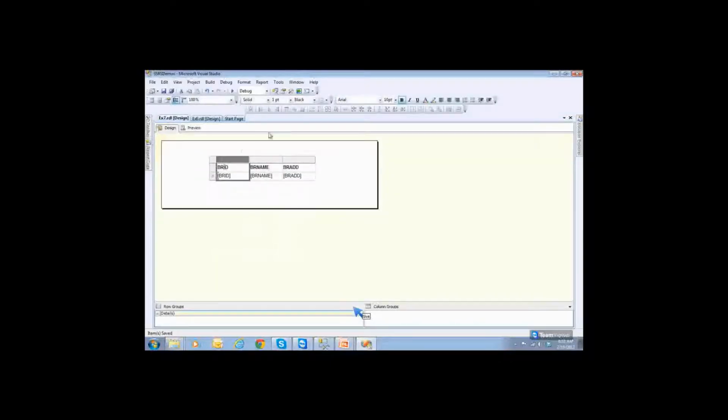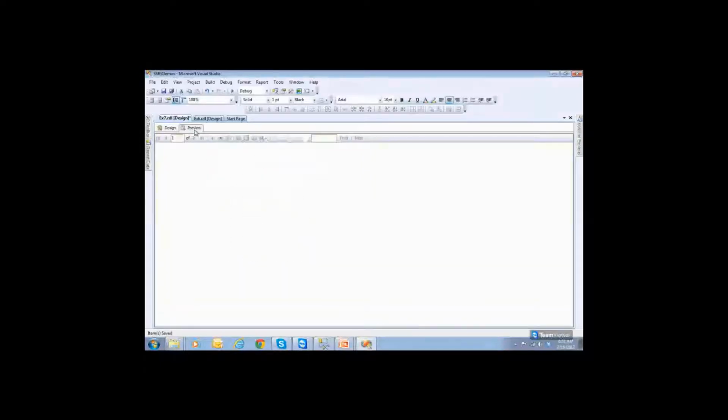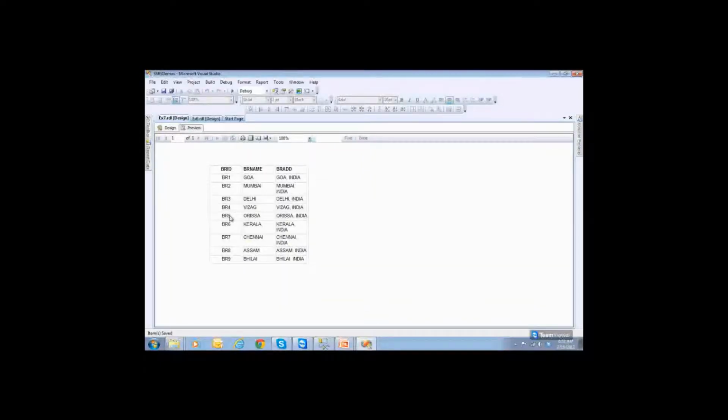Now let me go back. Here, what I'm doing is, when you click on the branch BRID, you're supposed to go to the previous report by taking this value. For example, when you click on BR1 or BR5, you jump to the previous report, and by taking the BR5 value from here to there, that report would be executed. That is known as jump through reports, or drill through reports, or jump reports, or hyperlink reports. So we have to create hyperlinks to this.